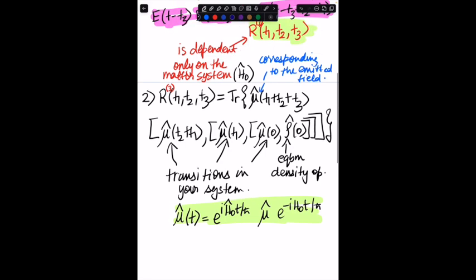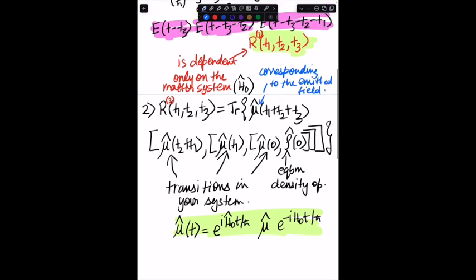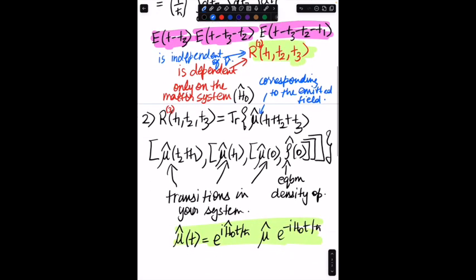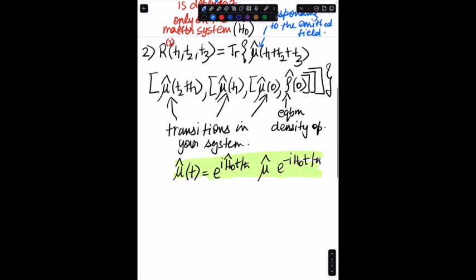And you can observe that the entire mathematical structure of the response function depends only on the H0 operator. So it does not depend on the perturbation V. So I should have been more clear with that. So this is independent of V. So we have taken care of the perturbation now, and the remaining response function is just dependent